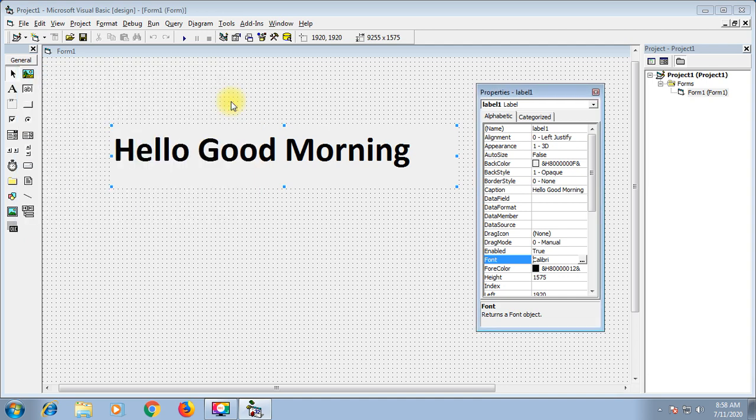After that we have to click on OK. Whatever font, size or style you want to apply, do everything from the font dialog box and just click on the OK button, so that the fonts are set for a label.